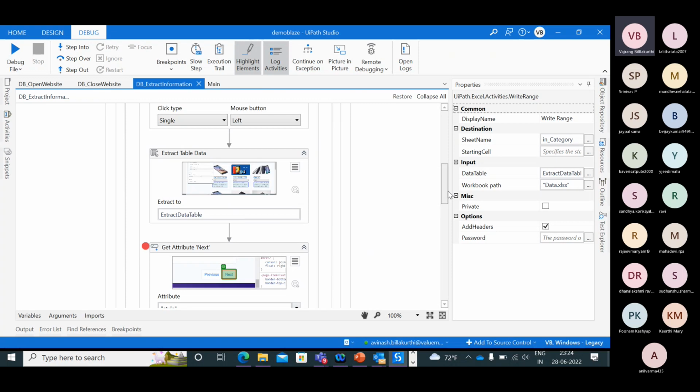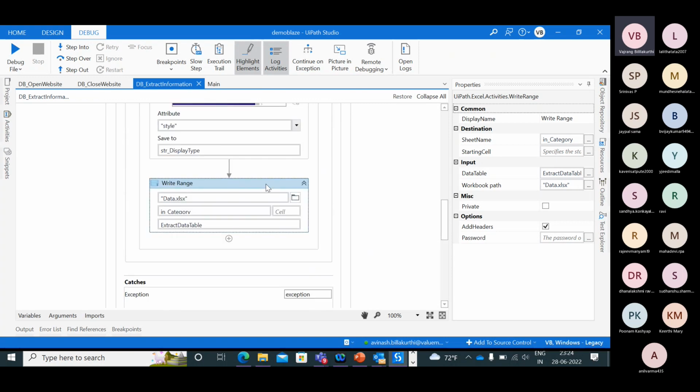I can directly write it to range. But if I write it to range, how many times am I writing? It will be written only once. What about the next page? What is the next page?